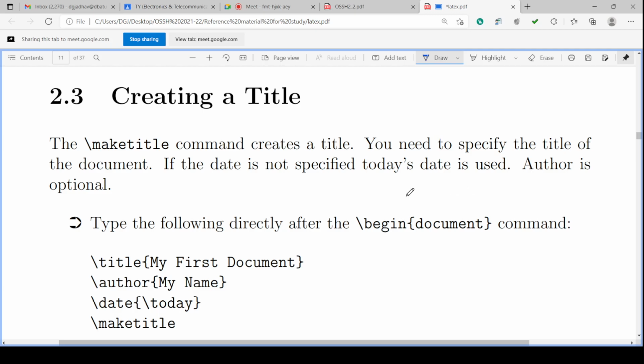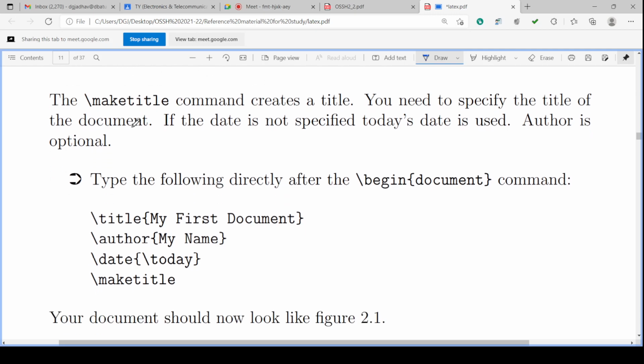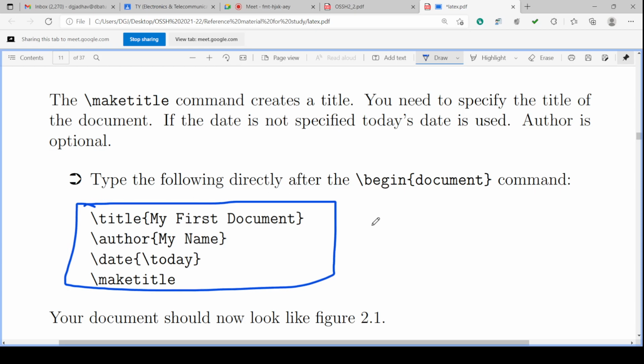So creating the title is with these commands. To create the title, we have to write these commands. The maketitle command creates a title, and you need to specify the title of the document. If the date is not specified, today's date is used, and author is optional.